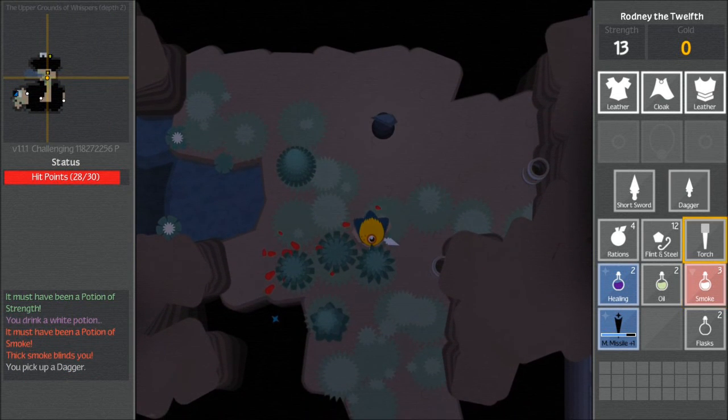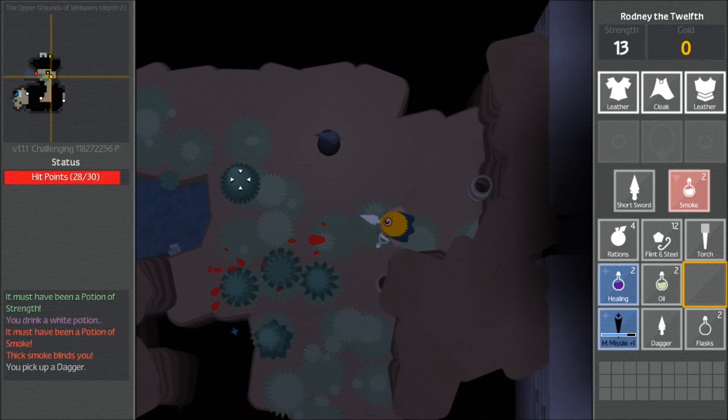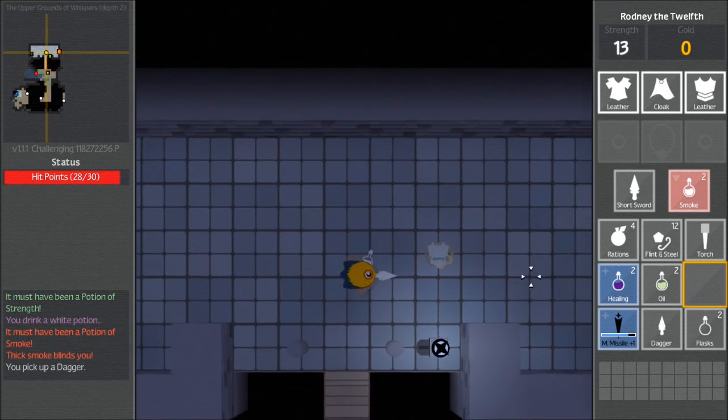I could, in theory, pick up the smoke and actually throw it at someone else. Now that didn't actually hit an enemy, so it didn't really matter. I'm going to fall down. Will I get that across? Yes,